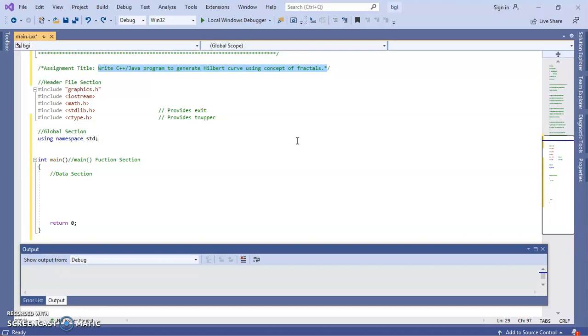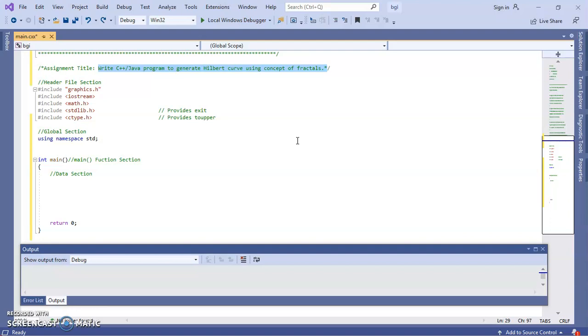The recommended programming tool for this assignment is an open source C++ programming tool like G++. But in this video, I am using Visual Studio software to write and execute the code. I already executed this code, so I just cut and paste it and explain the important things one by one. This code is easily available on Google or other websites also. Let's start with the assignment.